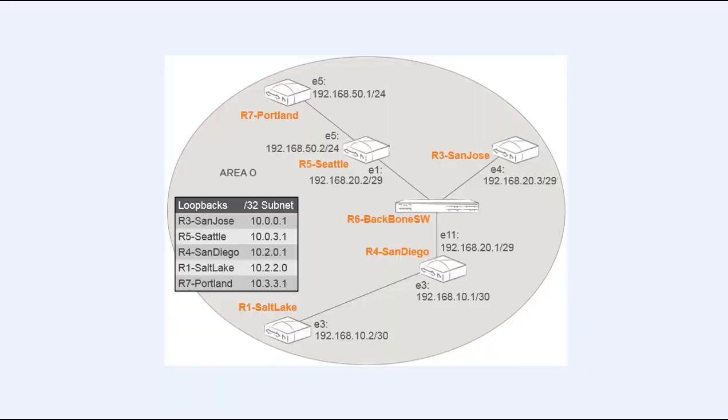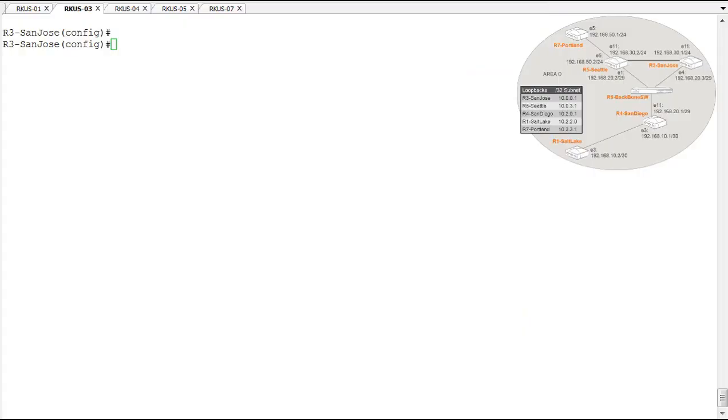So up until now, we've had a pretty simplistic OSPF network topology with single paths between every router in the network. But we're going to go ahead and add a link between the R5 Seattle router and the R3 San Jose router. This link is going to be given the IP addresses shown here on the topology on interface E11 on both routers. So before we configure any interfaces or OSPF on this new link we're putting in between San Jose and Seattle, let's go ahead and take a look at San Jose's routing table, and we're going to look for the